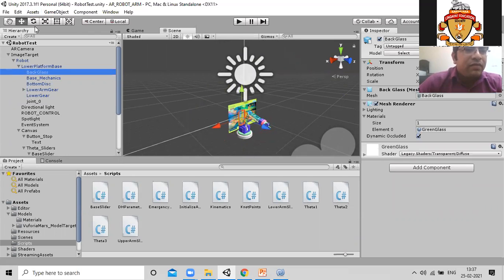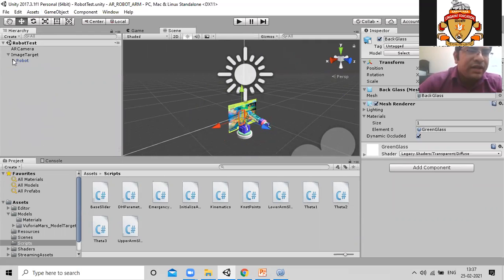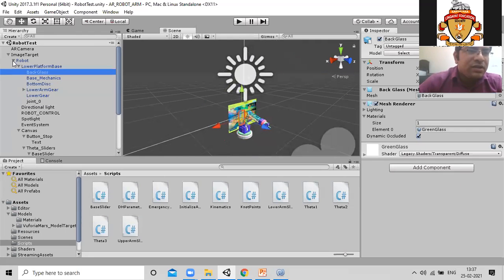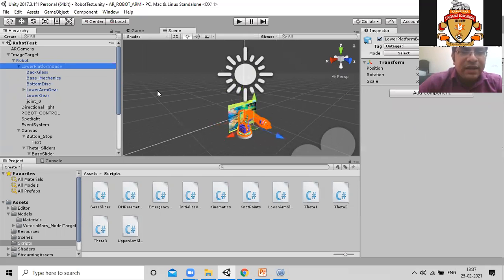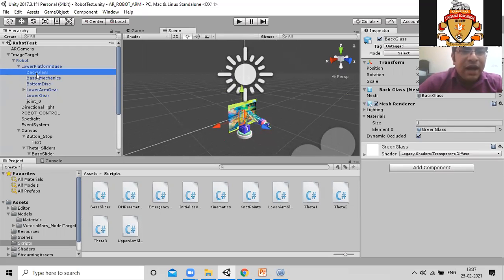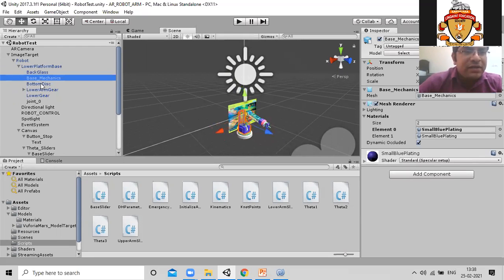Once the CAD model is imported, we will see that it consists of a number of parts, that is, the lower platform base. I click on it, and it shows the lower platform base. The lower platform base consists of lots of things. Then there is back glass, base mechanics, bottom deck.